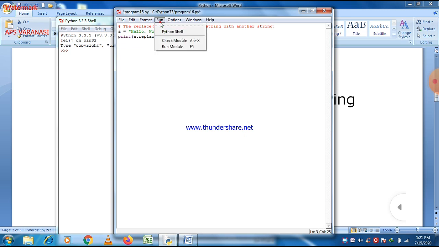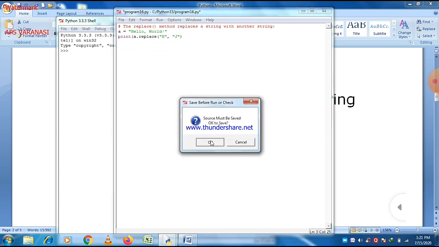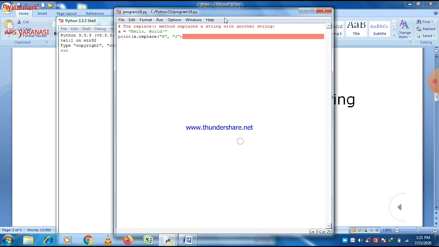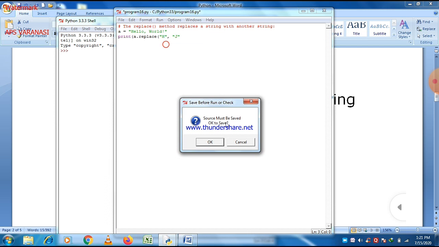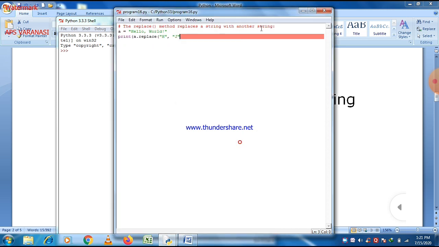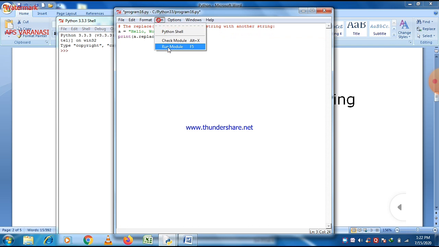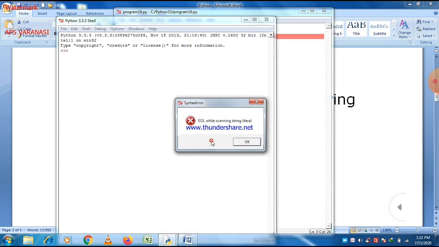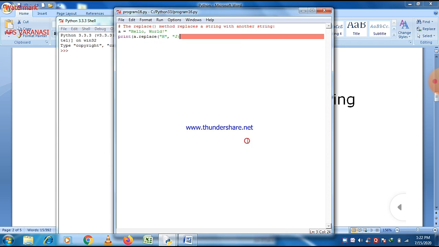So just remove it. Until you remove all the extra spaces given there, this program shows you an error. The error name is EOL, end of line.